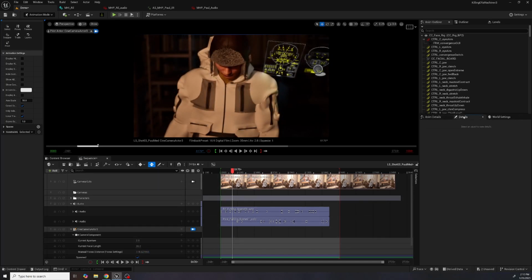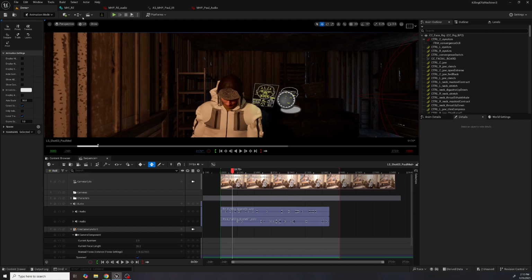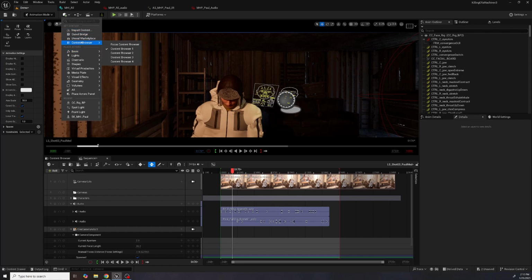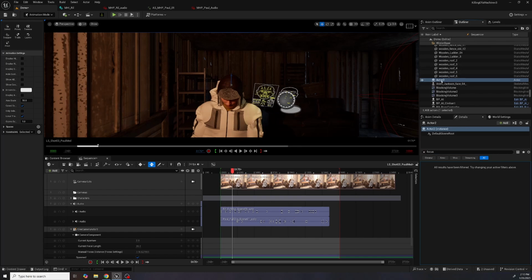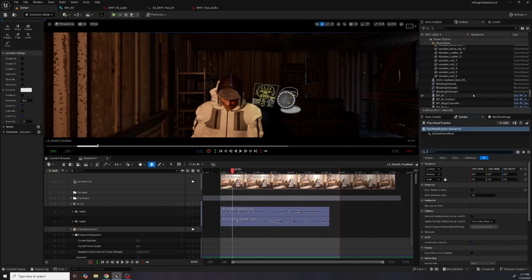So the way you do that is, it's a little tricky though because we have to create an empty actor first. Alright, so before we do that, I'm just going to go up here, add empty actor. Alright, so actor 2, and I'm just going to rename it right away to be called Paul Head Tracker. Alright, and I'm going to attach that to,